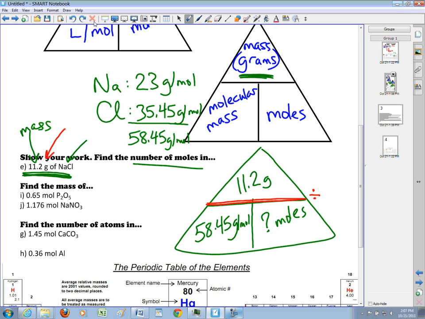So all I need to do in my calculator is put 11.2 divided by 58.45 will give me the number of moles of sodium chloride. So I'm just going to take a calculator here and do that. 11.2 divided by 58.45 equals